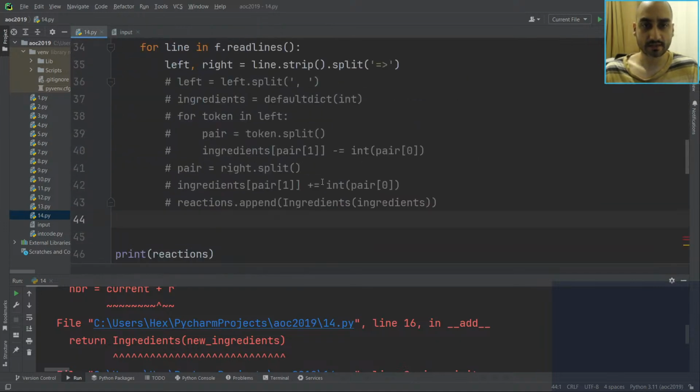Okay, so on the left-hand side, I guess, we want a hash map which maps an ingredient to what it is composed of, what ingredients are used to make that, right? So it's a bit weird because the right-hand side is not always one ingredient. It's usually not. Okay, but anyway,